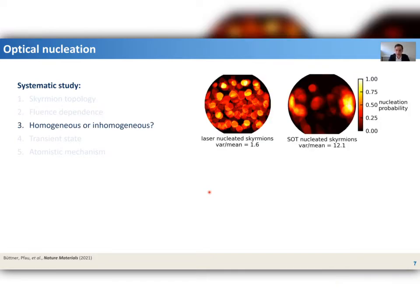So next, we studied the distribution of skyrmions. This is now looking at a nominally same material, both platinum, CoFeB, and MgO, grown in the same chamber. After laser nucleation and after spin-orbit torque nucleation, you can clearly see that after spin-orbit nucleation there is an inhomogeneity of the distribution, whereas in the laser nucleated case, skyrmions were very homogeneously distributed, so the remaining variance in this case is only due to shot noise. This is really showing us that this laser-induced skyrmion nucleation is an intrinsic mechanism that does not rely on